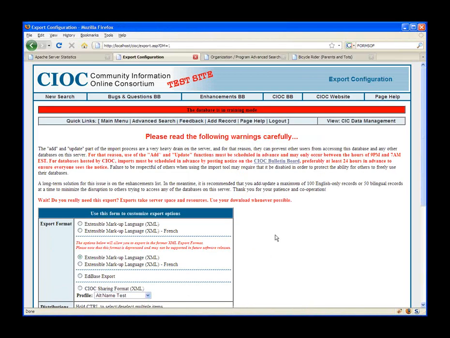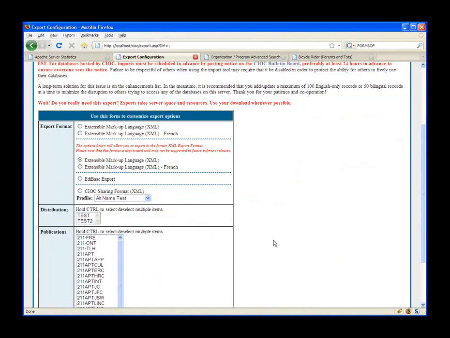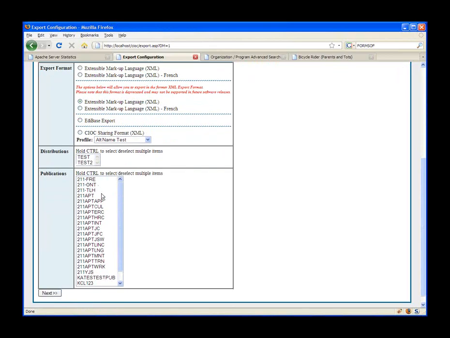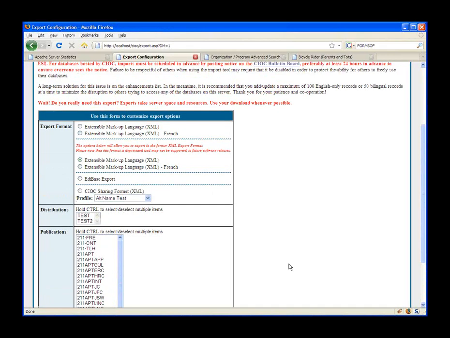There are two ways to export. One is just by clicking the export menu from the main menu, and that would allow you to select all your records or to select either distributions or publications that you want to include in your export. There are three main types of export. One is the